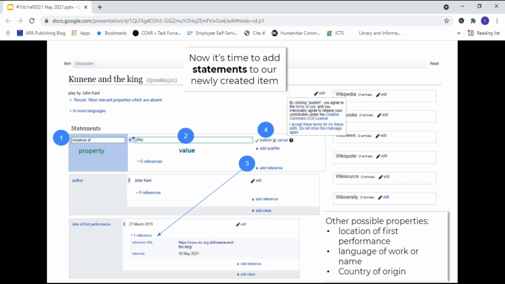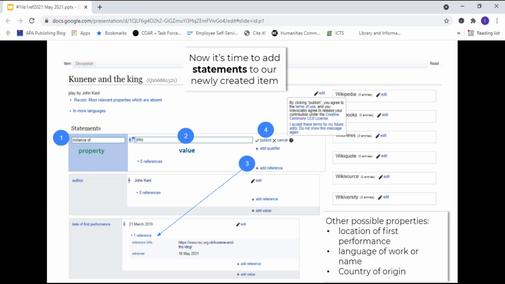The next step would be to then add a value, and values are also suggested as you type. So it's quite useful to look at the suggestions that do come up when one starts typing.